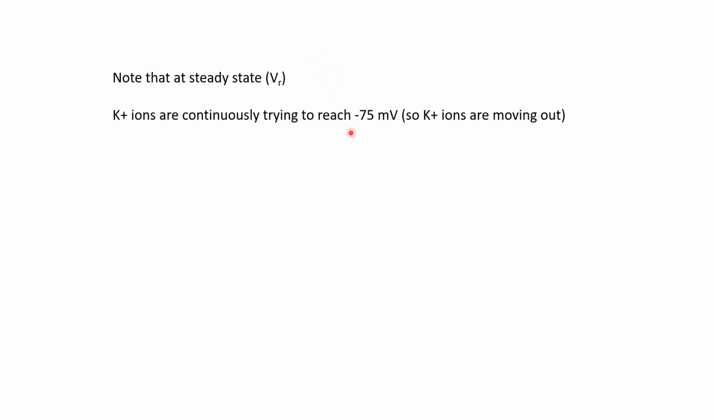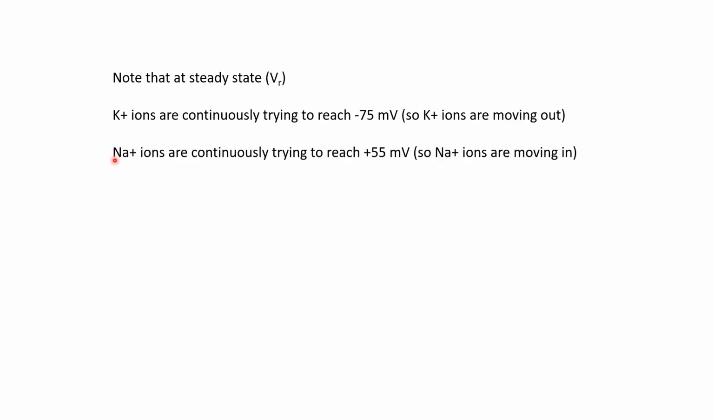Let's look at this steady state in a bit more detail in the presence of the two ions. At this steady state, the voltage of the neuron, the voltage at rest, VR, is somewhere in between minus 75 millivolts, which is the equilibrium potential of potassium, and plus 55 millivolts, which is the equilibrium potential of sodium. And because this VR value is different from minus 75, potassium ions will move and still try to reach minus 75, which is their preferred value of membrane potential. And similarly, sodium ions will keep on moving and try to reach their equilibrium potential, which is plus